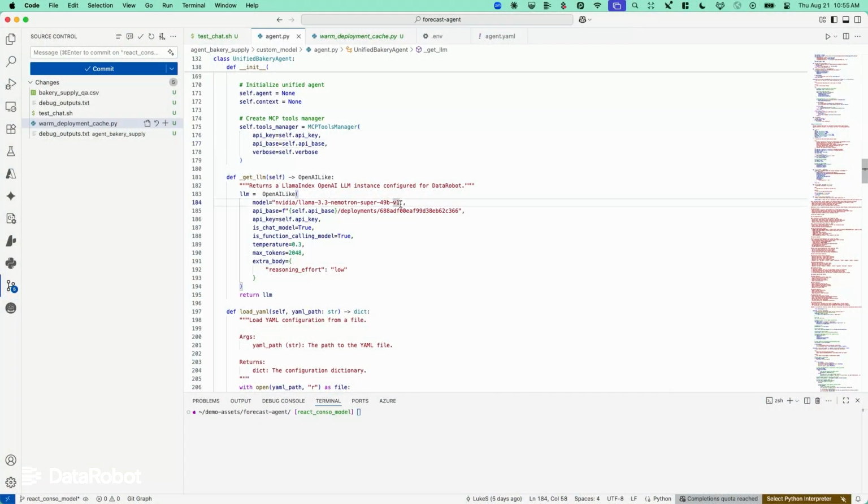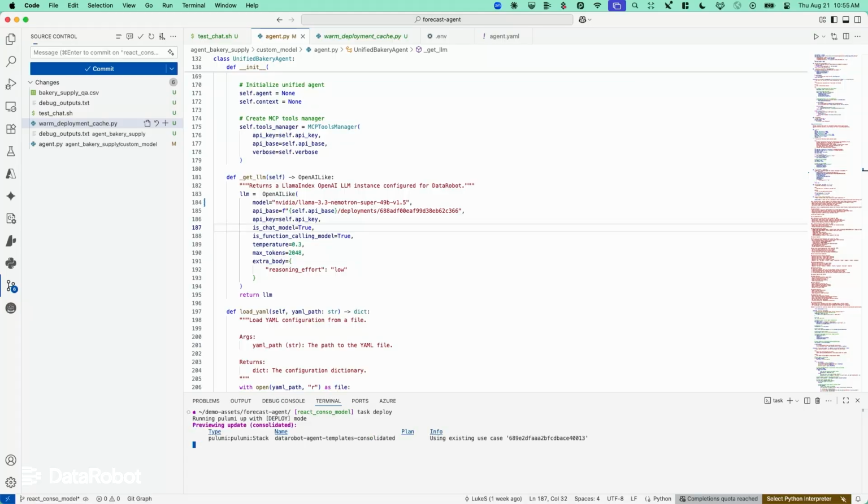Yeah, absolutely. So you mentioned keeping up with changes. What I'm going to do is pull up the source code for our agent. As I mentioned, it's running on Nemotron, which you can see right here. Most of you should know there was a new release of the Nemotron model just 3 weeks ago. So if I want to upgrade this to Nemotron 1.5, it should be as easy as I can make that change and I can say task deploy, and it'll immediately go ahead and tell me everything that was dependent on that change, and we'll go ahead and do it.